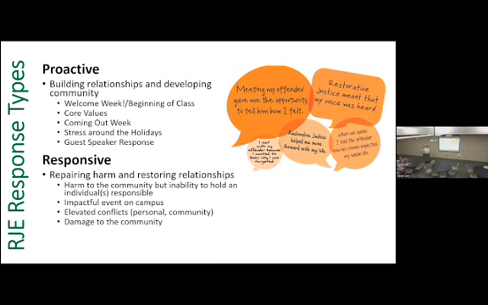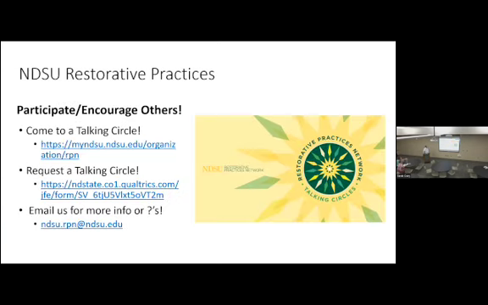My recommendation, and what we are trying to do, is you can't wait to do restorative practices until someone scratches something nasty into a bathroom stall. Because at the point that some harm happens and you start to talk to people about, here's an option for you, they don't know what it is, it's mystified, it's just not a good option that exists. And so you want to integrate restorative practices into everything that you do.